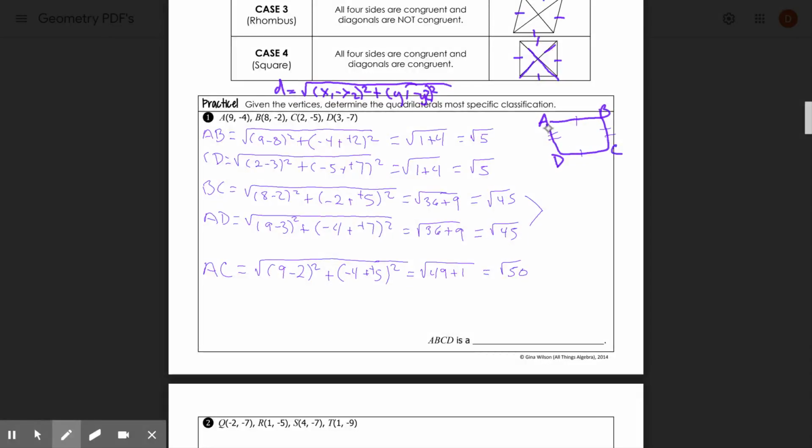Okay, so that was AC. We know that that's the square root of 50. So now we need to do DB. And if DB ends up being the square root of 50, then we'll know that it's a rectangle. Otherwise, it'll be a parallelogram. So DB is,